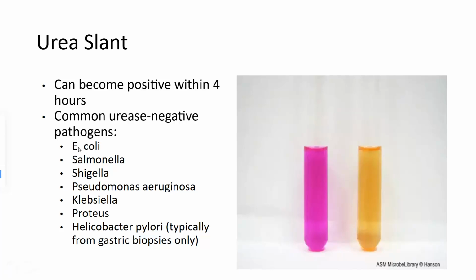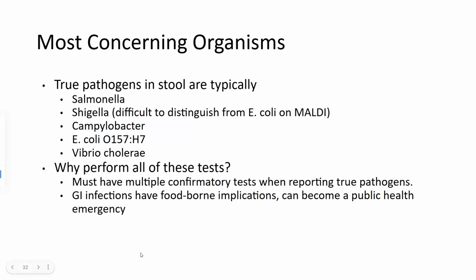So E. coli, Salmonella, Shigella, Pseudomonas aeruginosa, Klebsiella, Proteus, Helicobacter pylori, typically from gastric biopsies only. Those are the pathogens. The most concerning organisms, true pathogens in stool, are typically Salmonella, Shigella, which as I mentioned is difficult to distinguish from E. coli on the MALDI, Campylobacter, E. coli O157:H7, Vibrio cholerae,